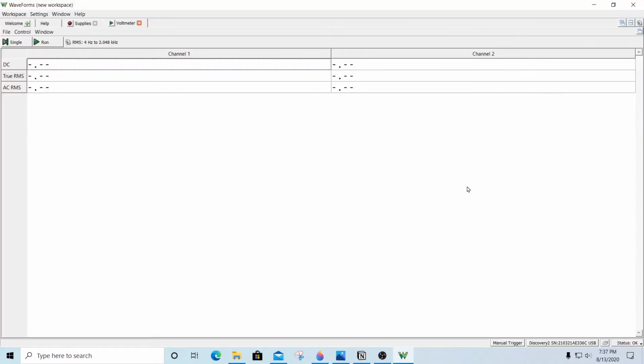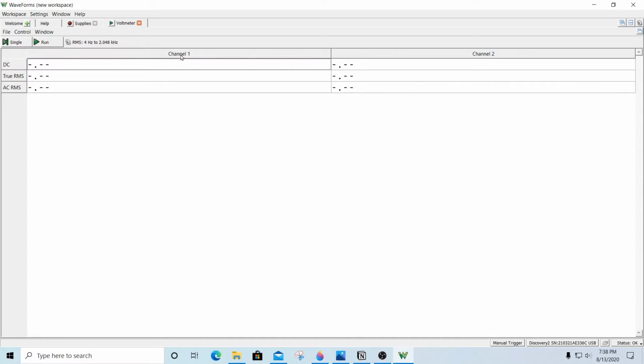Now that we've opened the voltmeter tools in waveforms, let's go ahead and look at some of the functions. So as you can see here, there's a run button. The run button continuously gathers data, and the values will be constantly changing. With the single run button, it would only gather data once, and so the values in these two columns, channel 1 and channel 2, would only be a single value at the time it gathered those values. So those are the two differences between the two runs, and we have two columns here, channel 1 and